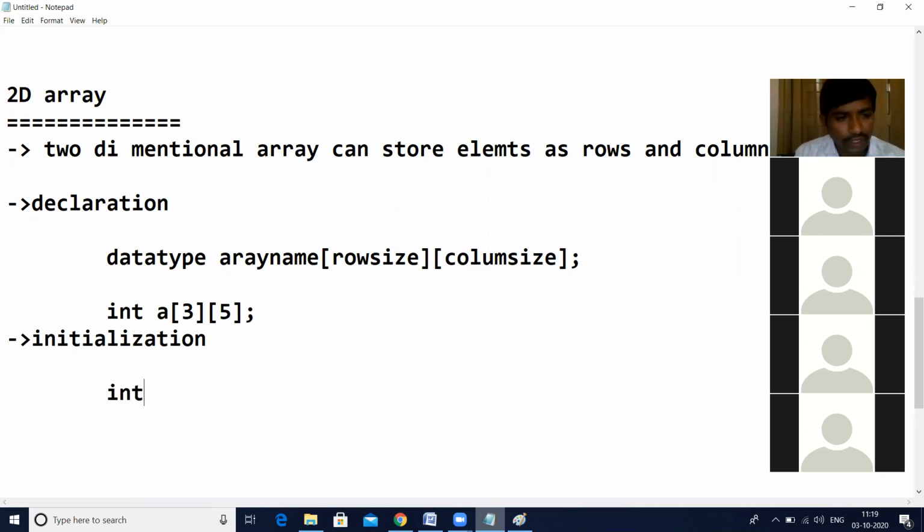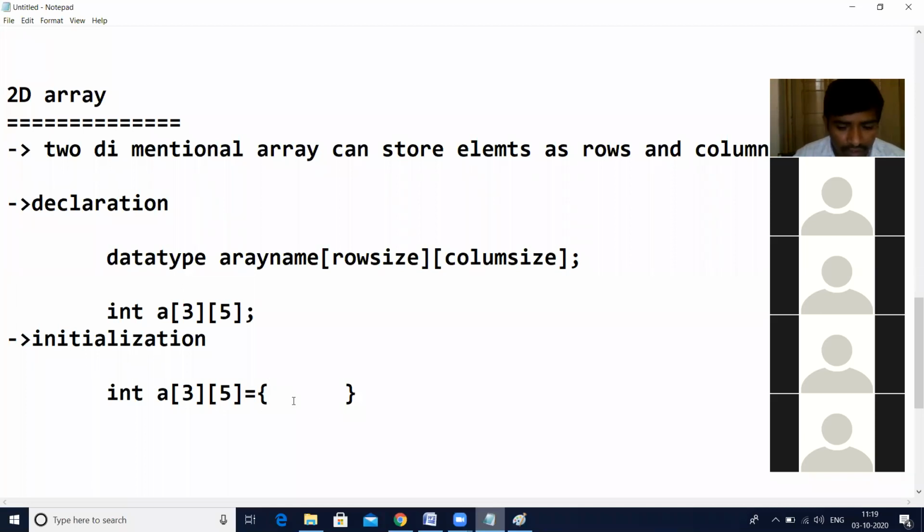So first we can take int a of 3 comma 5. Here we can take a is equal to, in a single line initialization. How to initialize in a single line? First we take a complete array in this.